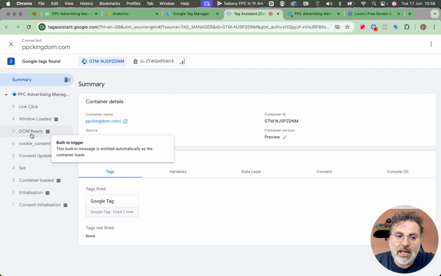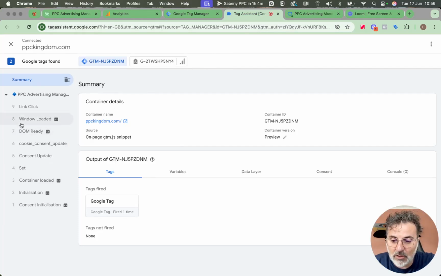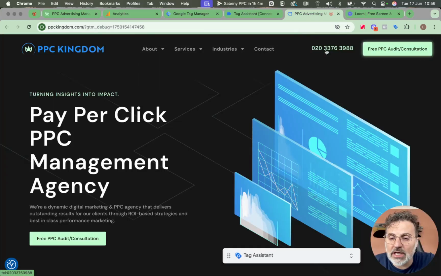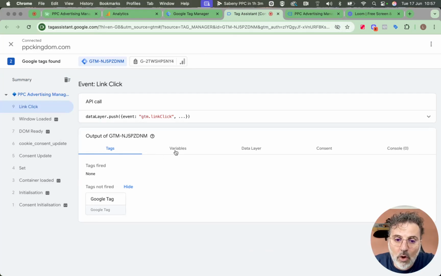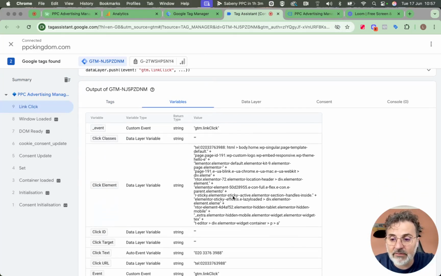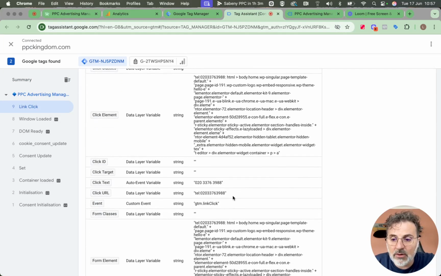We go into here and we went from the number 8 of the previous screen to the number 9. This link click is the very link click that we just did clicking on the phone number. If we click on it and we go into the variables, we will find the variables I was talking about. Now here we need to identify a variable that is possibly unique. In this case, we know that we have just one number on PPC Kingdom, which is this one. What I'm going to use is the click text. So I'm copying the click text